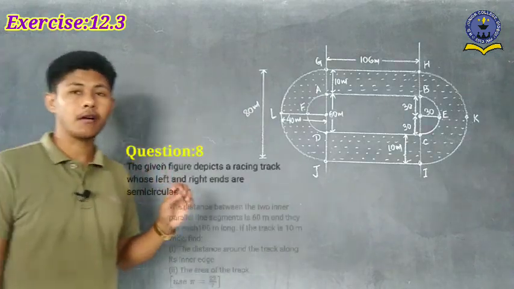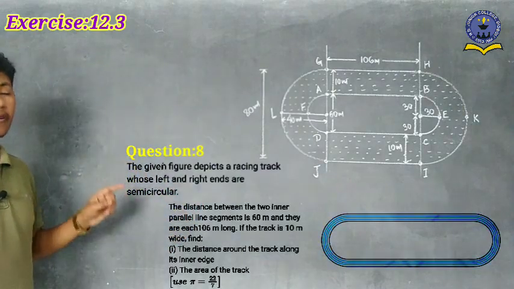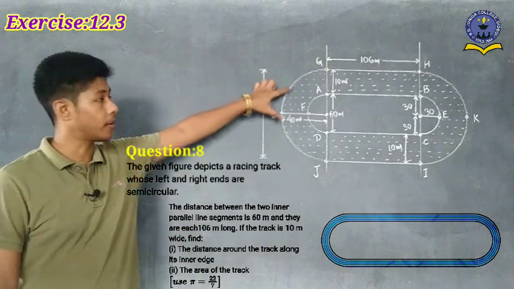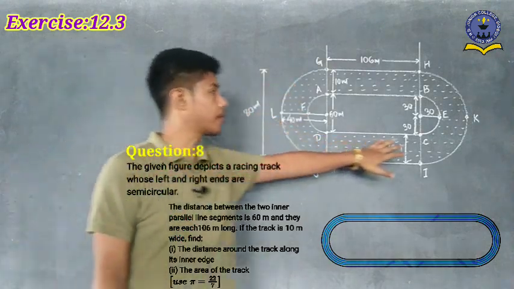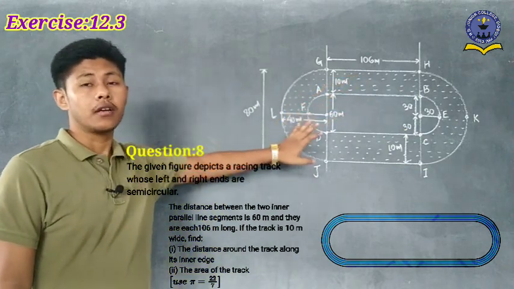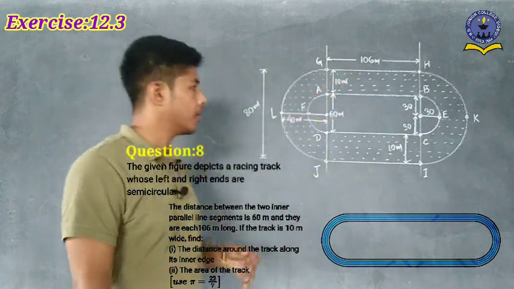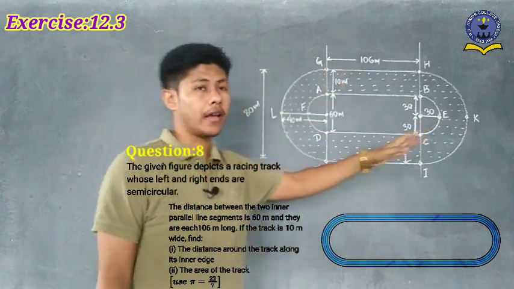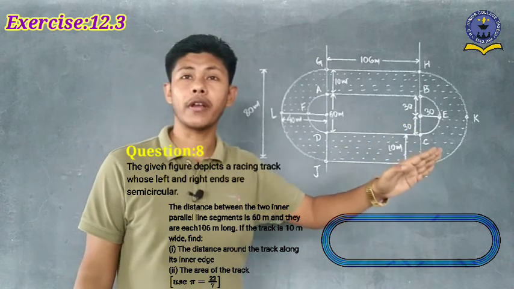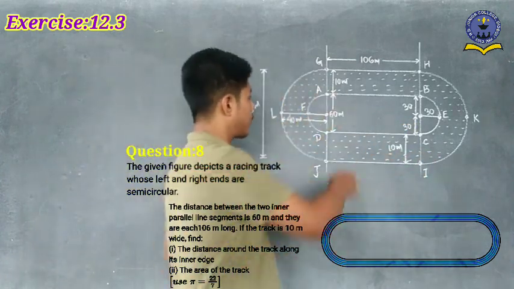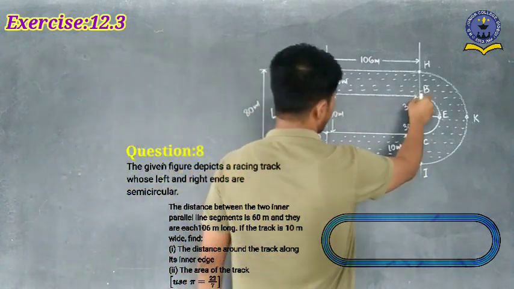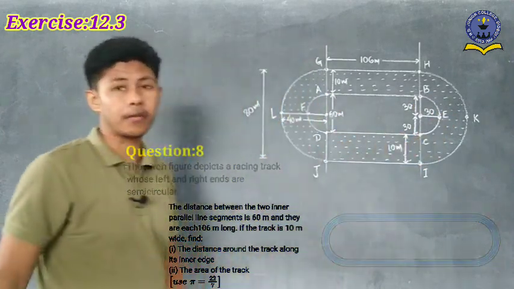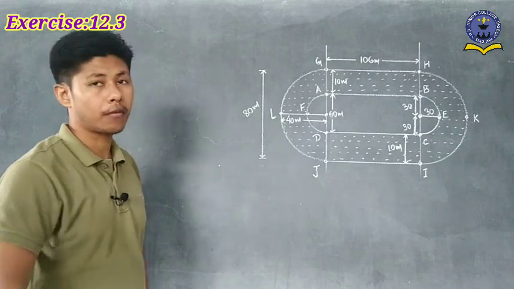this one. Now here mainly we have to find out the area of this shaded portion. So here the dotted line, whatever is mentioned here, this shaded portion we have to find out. Is it clear? One by one we have to do here, and there are 2 questions. One is we have to find out the area, and the second one is the inner edge. That means the length of this one, A, B, E, C, D, F. This length we have to find out. How can we find out this one, you have to see.